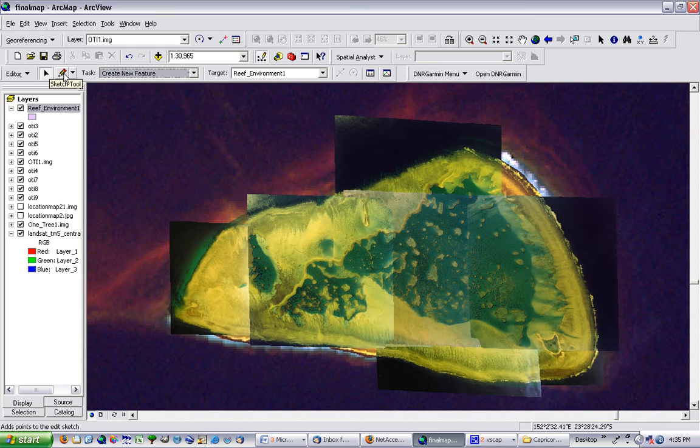So we left click on the sketch tool, and we'll just, for example, digitize the island area. I'll just do it very roughly, and all I'm doing is left clicking once and just dragging it around, just like normal drawing for the programs. So just draw around the island, and then when I'm finished I just double click,